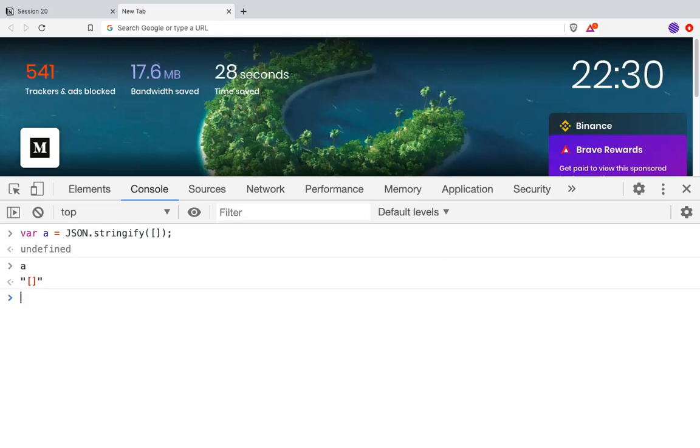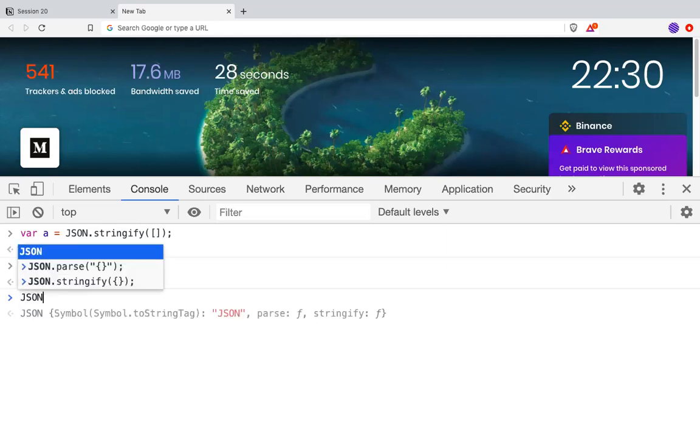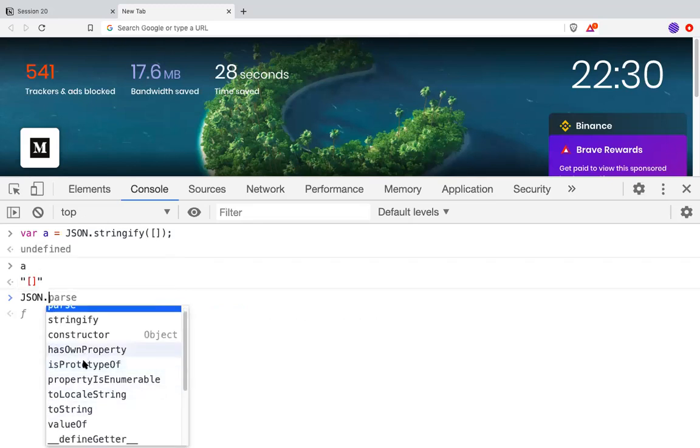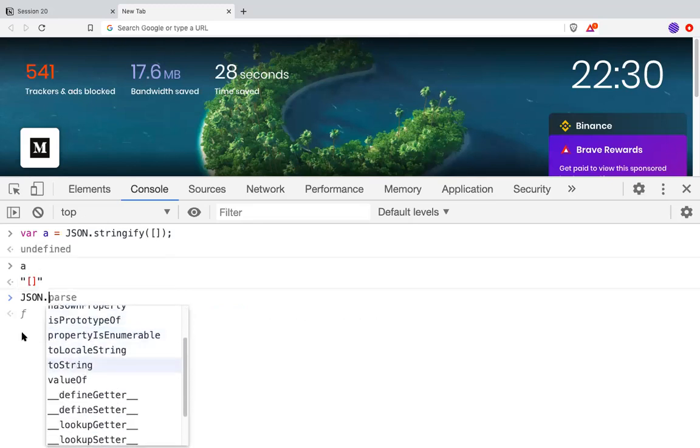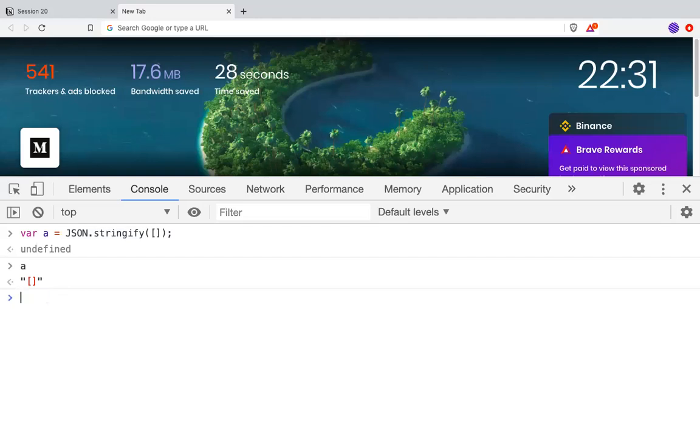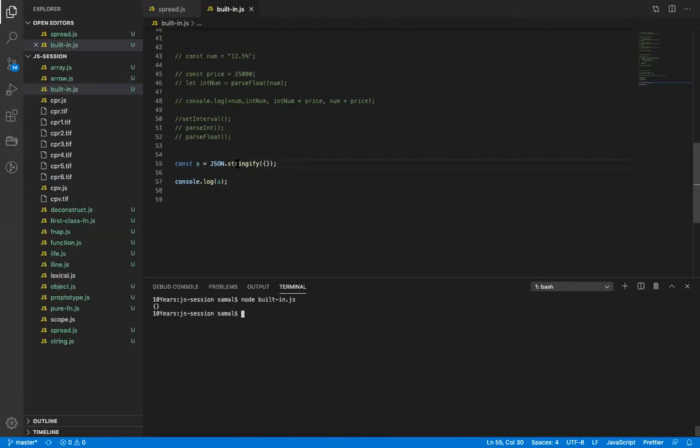All right. So these are the two functions which are very popular. I don't think there is another function in this constructor also. Those are the objects, not required. Just remember these two functions: JSON.stringify and JSON.parse. Very heavily used. All right, let me just show you a real example.